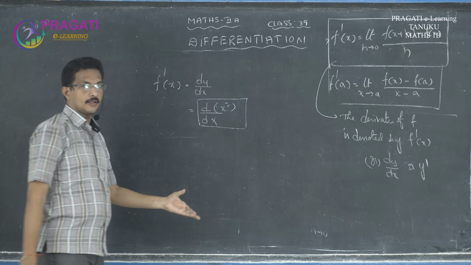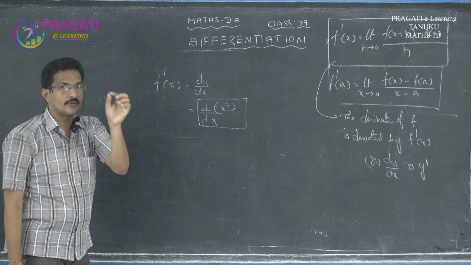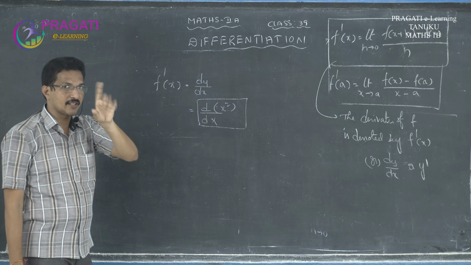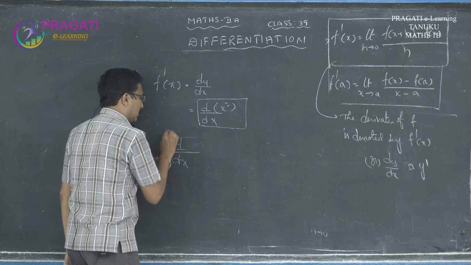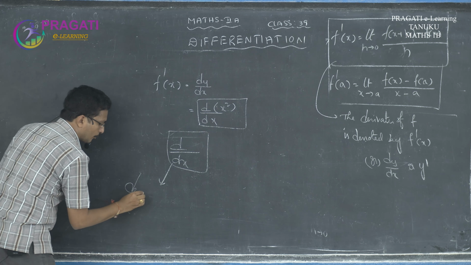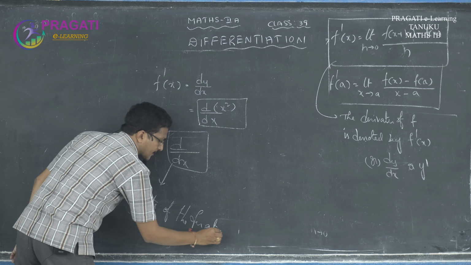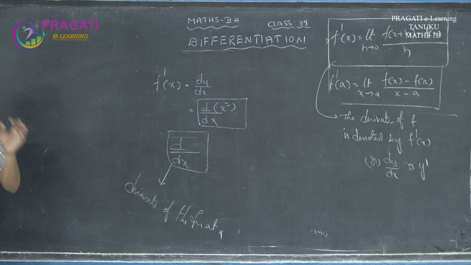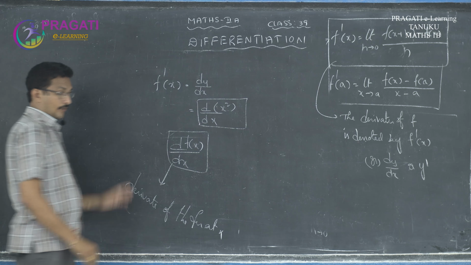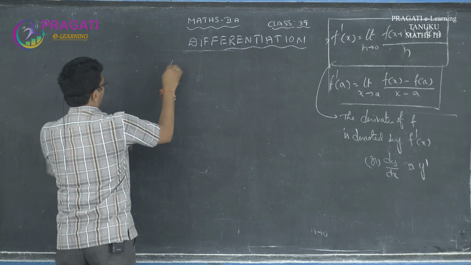In the previous example, find the derivative of f of x at x is equal to a. Here f of x is x square. So here the place can be filled with x square. D by dx is called the derivative of the function at x. Derivative of the function at x is denoted by either f dash of x or d by dx of f of x. So finally the notations are f of x is a function.